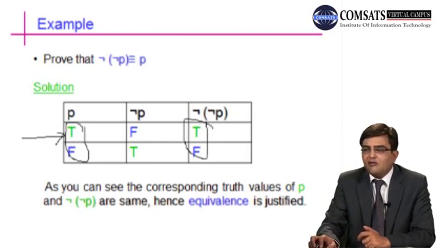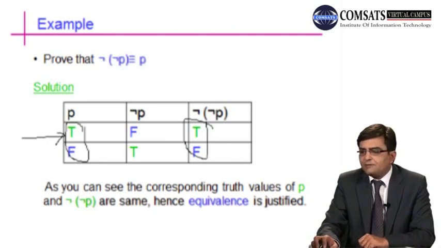Not P will have, obviously here we will have F, which is false, and on the second line we have true, which is opposite to the false of this proposition. And double negation, by taking the negation again of P,